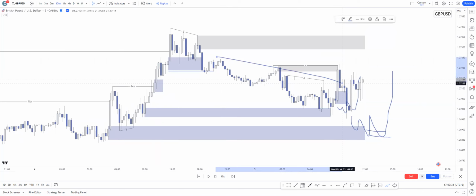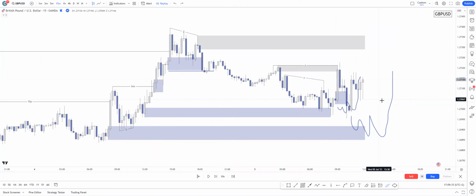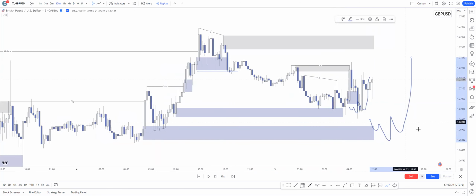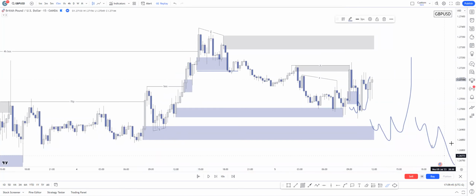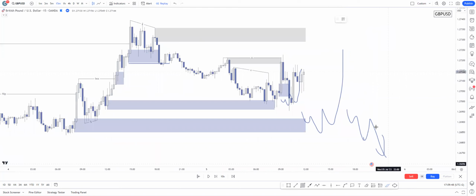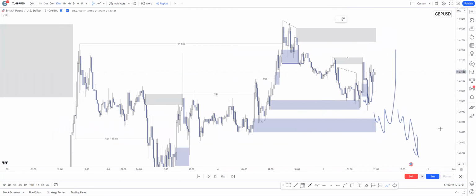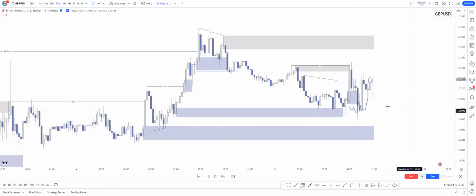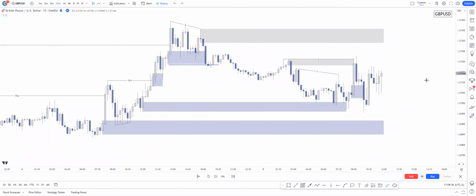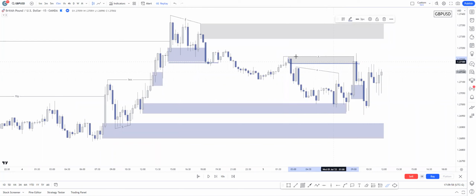Actually, there was liquidity. So I was expecting a confirmation entry here. Or if price couldn't really manage to make a confirmation entry on this demand right here, and the flip happened, then I would look for sells in this case, and I would target this liquidity pool right here. But as you can see, price reacted on this 15-minute supply.